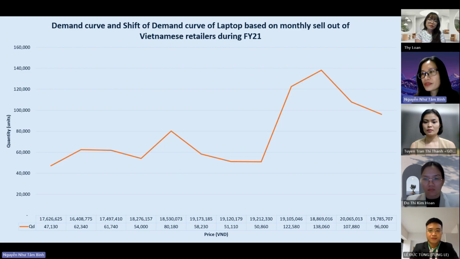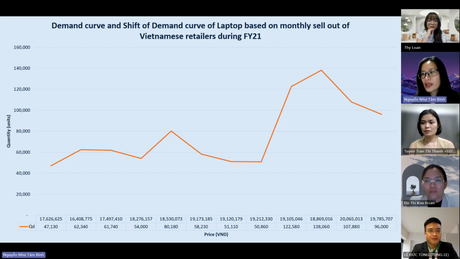For example, the average price in February decreased from 17.6 million dong to 16.4 million dong. So the quantity significantly increased from 47,000 to 62,000 units. This is because February is usually our Tet holiday season, so all suppliers had promotion programs to decrease the price for